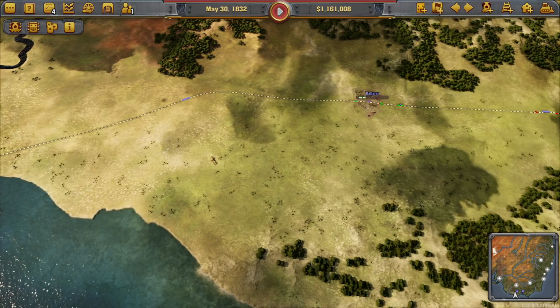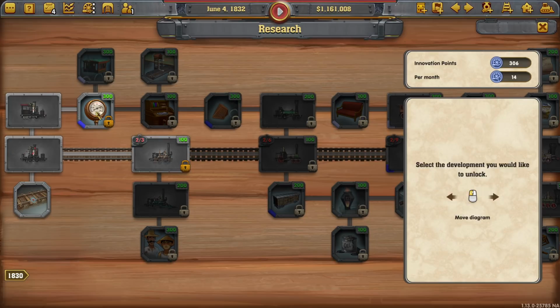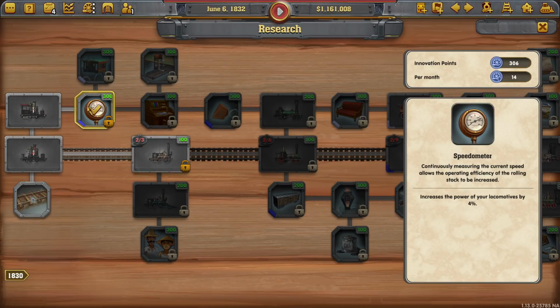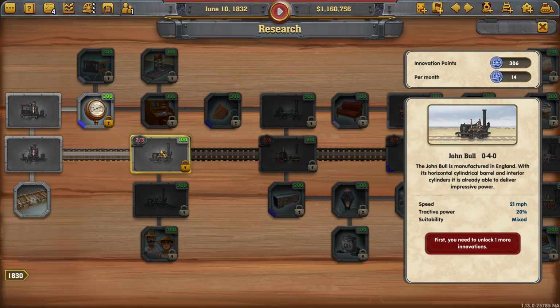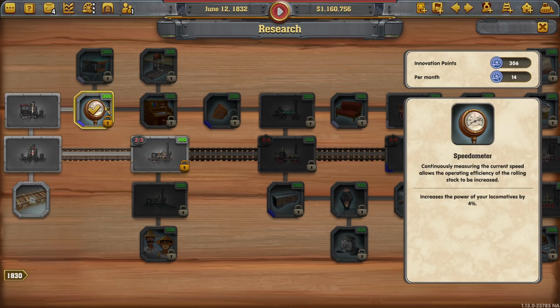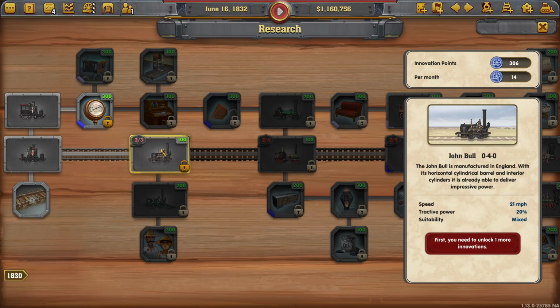Okay, my dude, Mr. Australia. I would really like to refer to you by a name other than just Mr. Australia. Also, I can get some upgrades. What would I like to get? Would I like to get the John Bull? Sure, let's... I don't want the speedometer. I think...